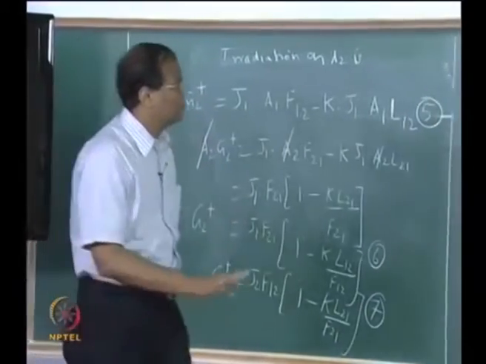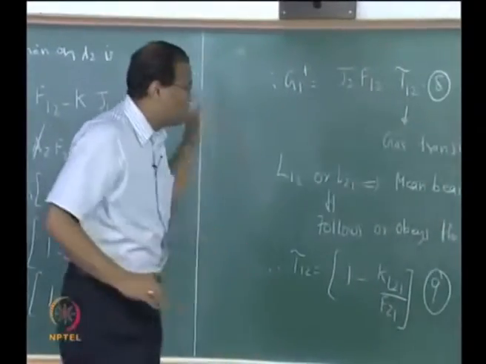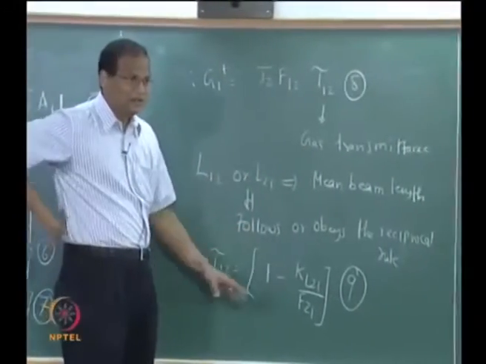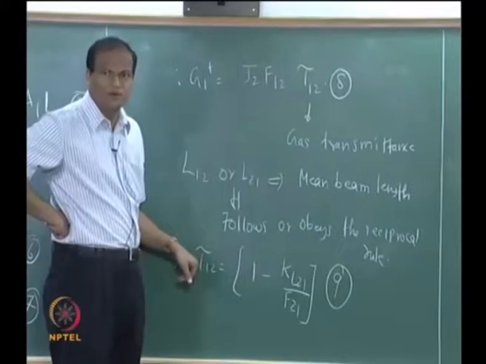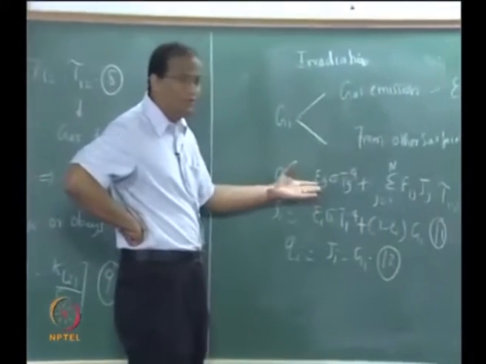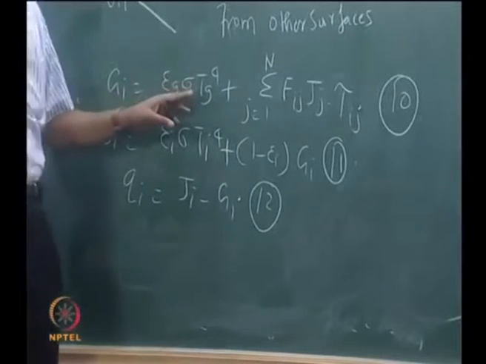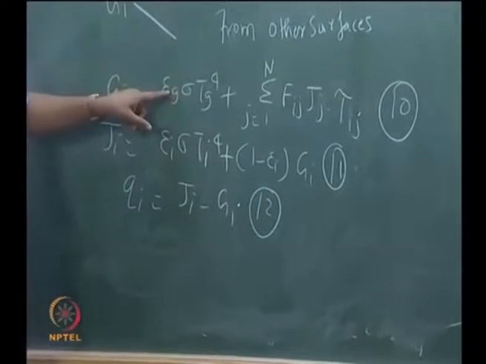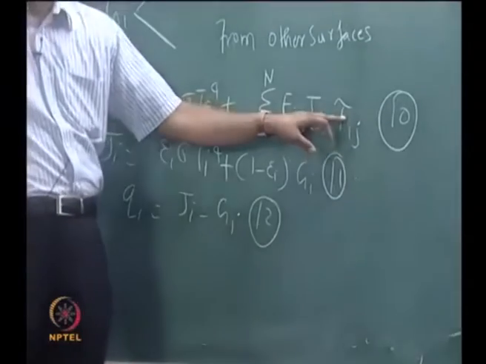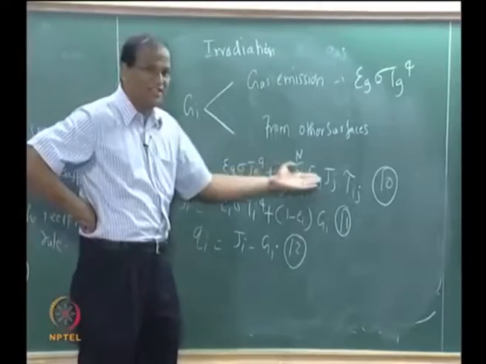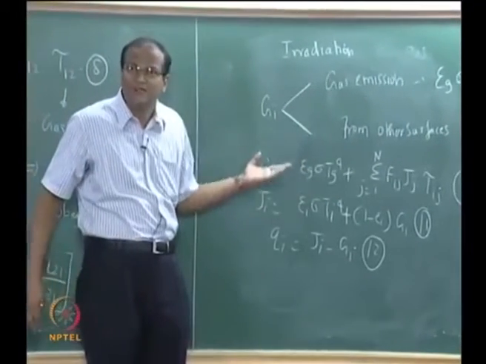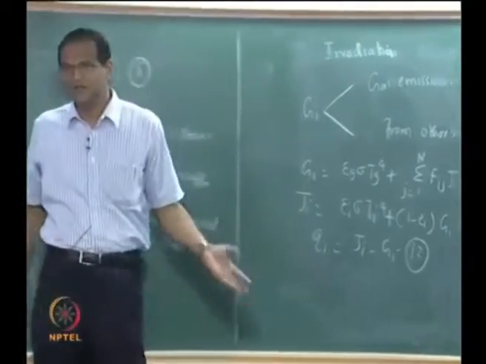Now it can be pretty straightforward. For example, if kappa equal to 0, that is the gas is not at all participating, tau 12 will be equal to 1. So this will become 0. Okay, you do not worry about this. Epsilon g will become 0, correct? This is 0. This will become 1. So Gi will be just Fij Jj. This will be the same, and you will get the same answer as before. Therefore, there is an asymptotic correctness associated with this.